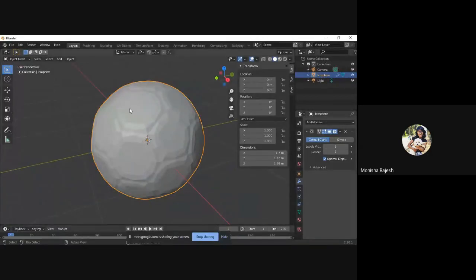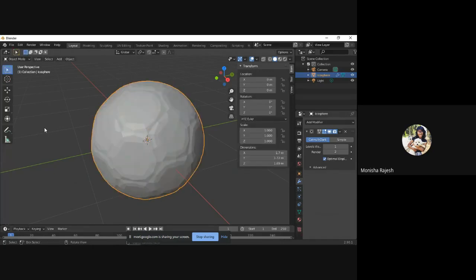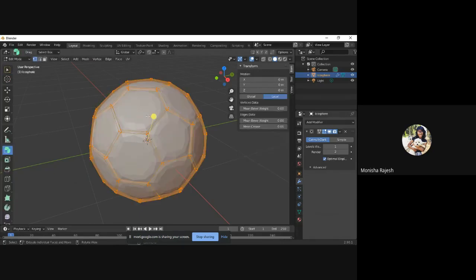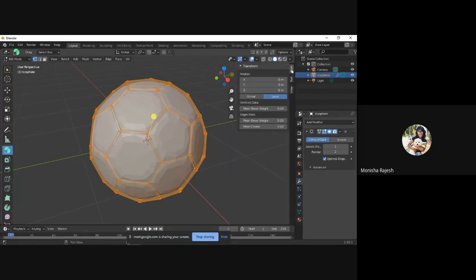Once you apply your modifier, this is how it's going to look. Now, this is not what we need right now. So what we're going to do is press tab again. Like we did before, you'll enter into edit mode. Now you'll need to adjust this again. To do that, you're going to press A. What A will do is select all the faces and vertices in your current object. So you'll press tab and you'll press A, and A will select everything. Once that's done, you will press N, and N will bring up this transformation menu.